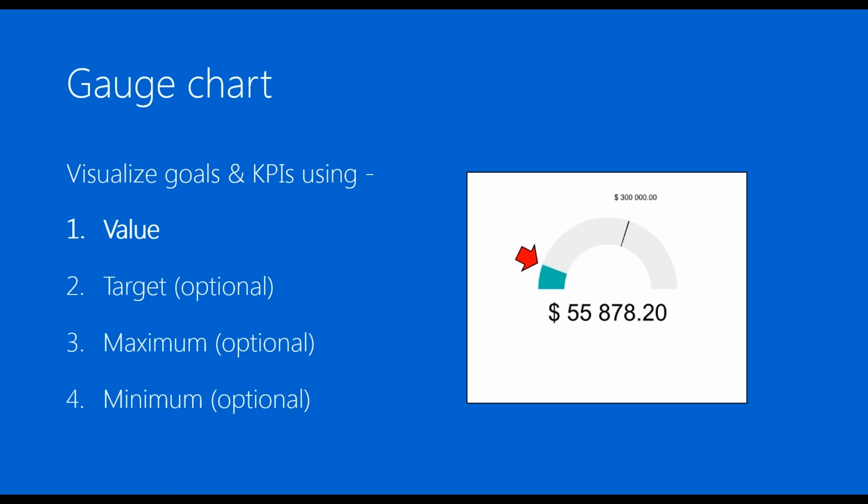It's indicated with the red arrow on the screen, so basically it's the green part of the chart. It basically shows the current value, how much, for example, a certain goal is being fulfilled. This is the only mandatory part of the chart. The rest are optional, but based on what you put in there, it might not be very meaningful, for example, without the target. The target is represented by the black part and basically shows how much of that certain goal